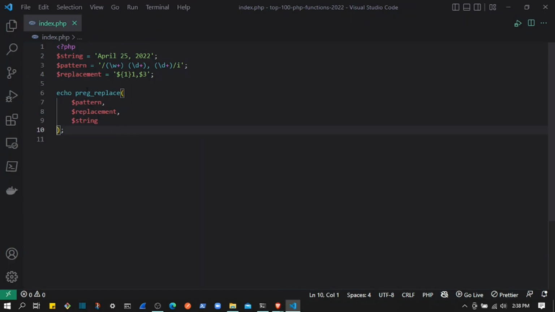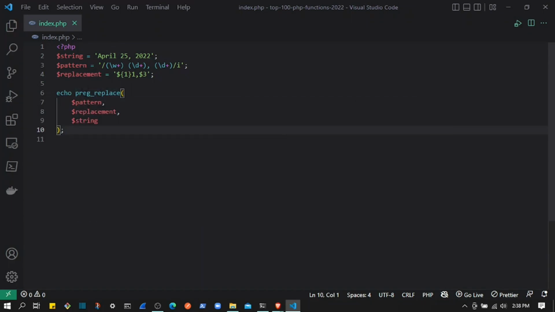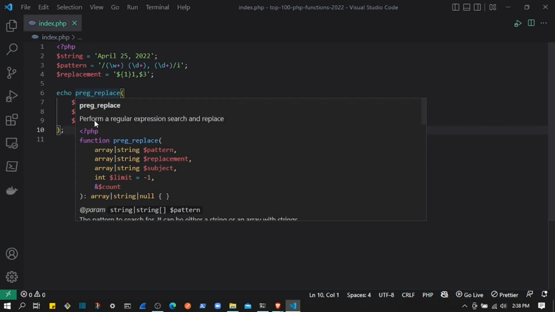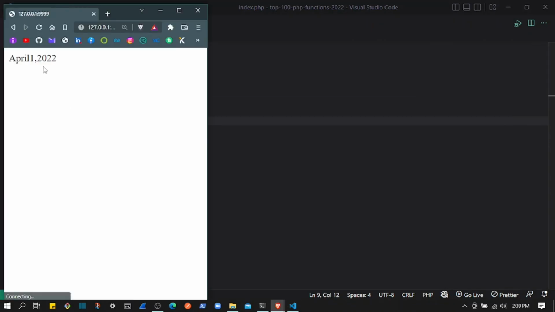And then I will pass these to the preg_replace function, and it accepts mainly 5 parameters, but the first 3 parameters are mandatory, so you can pass in an array or string. The first one is the pattern, the second one is the replacements, and the third one is the subject. So here I will just echo them. If I save this and go back to the browser,